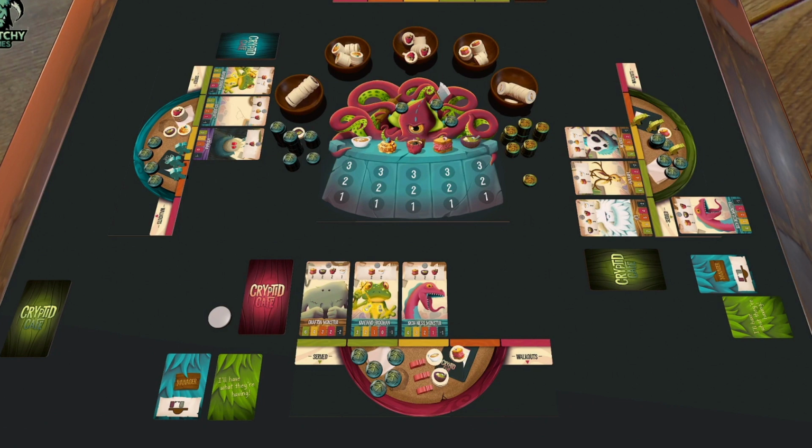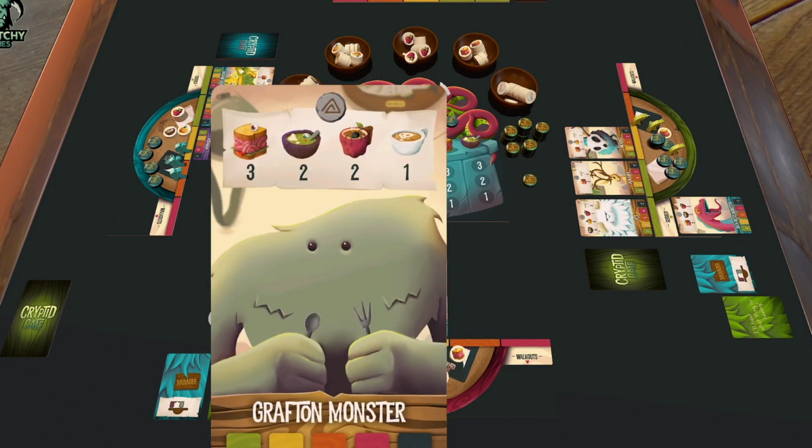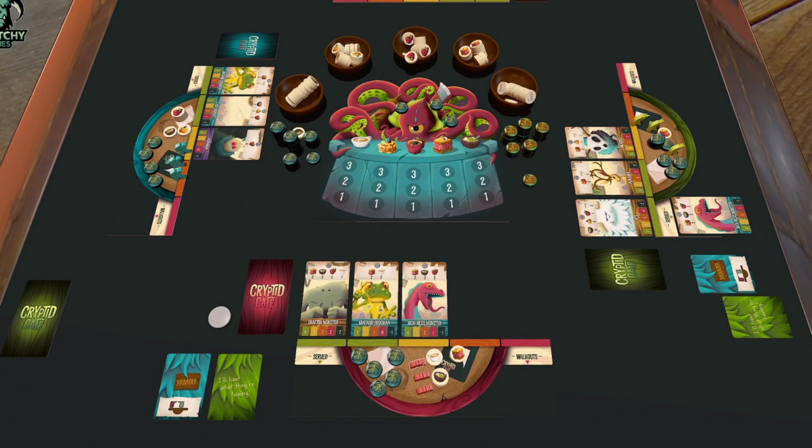It looks like they're trying to get the Grafton Monster served. Let's see what we can do here. Grafton Monster needs 3 BLT Sandwiches, 2 Albondigas Soups, 2 hot apple spiders, and 1 espresso. So let's see if we can get some hot apple spiders for the red server. Blue server is going to try and finish off that Mothman and also get some hot apple spiders and move